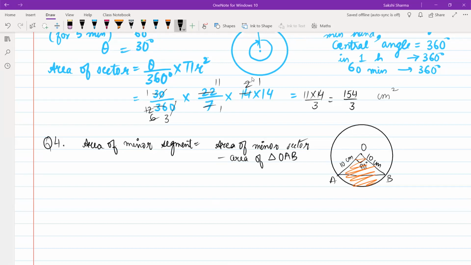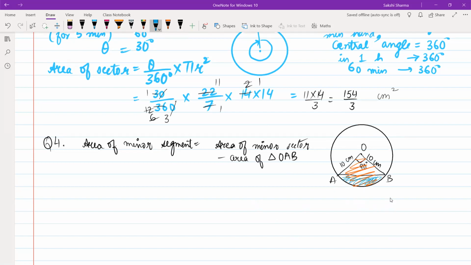This is what we want to do. We want to first of all find out the area of the minor sector, which looks like a pizza slice here, the one I have shaded in orange. And in order to find out the area of the segment, I would like to subtract the area of the triangle given here from the area of the sector. So the area of the sector is shaded in orange. If I take away the area of the triangle, I will be left with this area, which is the area of the segment I want to find out.